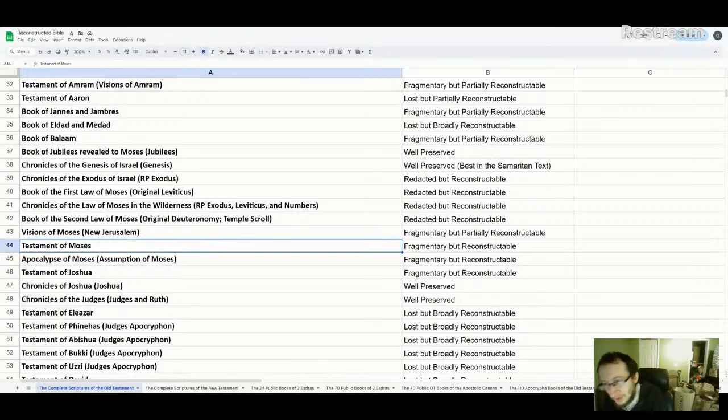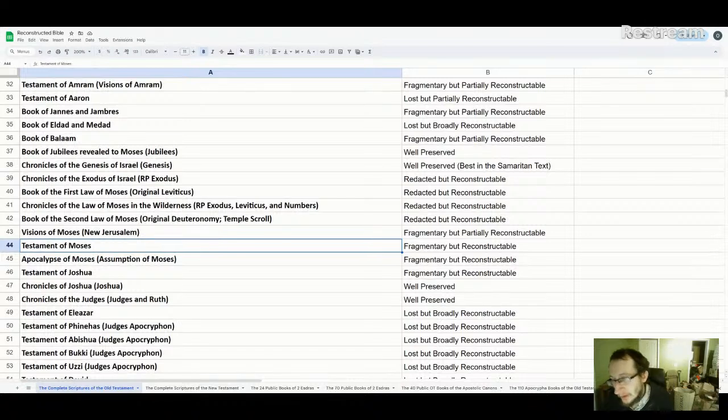Aaron spoke for Moses. So if too much is being tried to fit into the Testament of Moses, we know that it wasn't part of the Testament of Moses, but it was probably from the Testament of Aaron, because the Testament of Aaron would have covered the same life experiences that Moses went through as well.